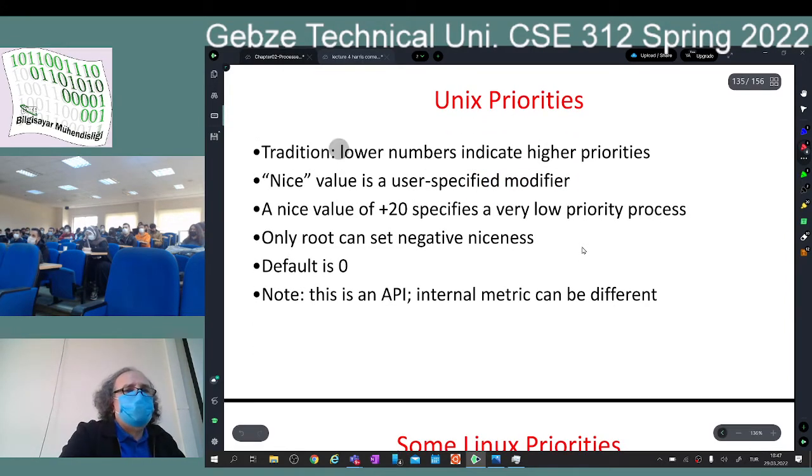In Unix, usually, lower numbers indicate higher priorities. That's how they designed it, okay. And priority 1 means that it is the highest priority. So if you nice a process, if you add 20 to it, you are lowering its priority. And niceness can be negative. Negative nice means that I am not nice, but regular users cannot use negative priority values.